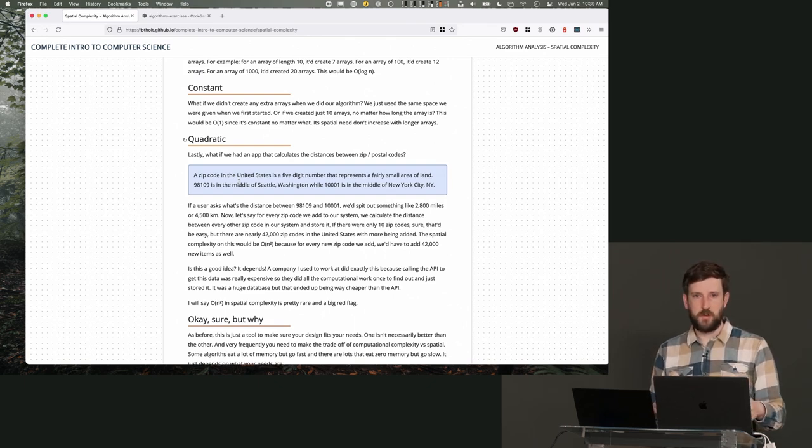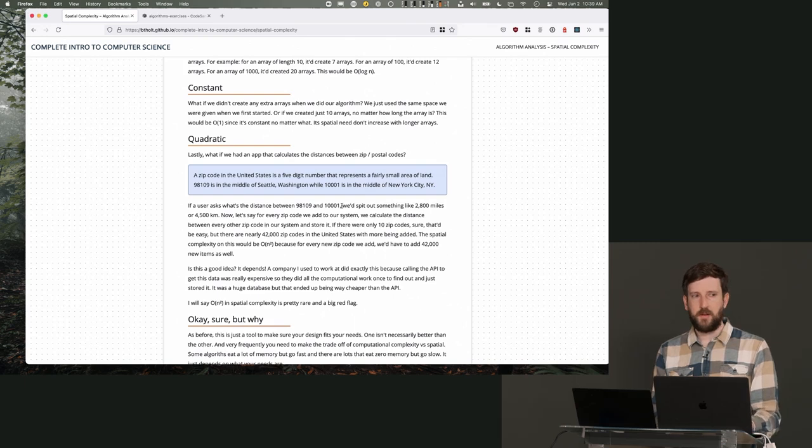So for example, I live in 98103, which is a zip code in Seattle. Let's say I want to calculate the distance between that and 10001, which I think is in New York. You can see that I have these two zip codes and I want to calculate the distance between those.